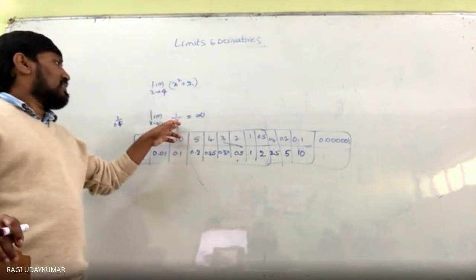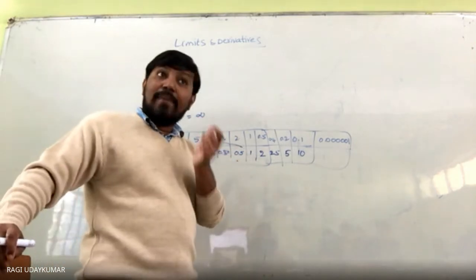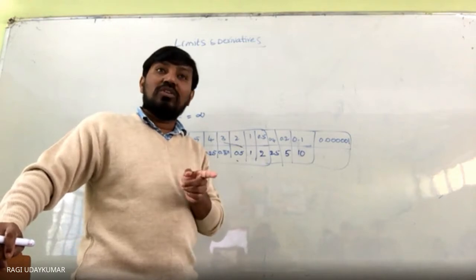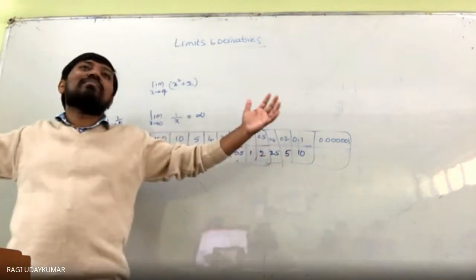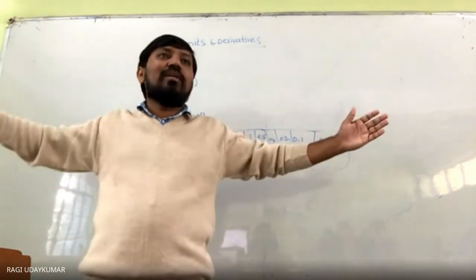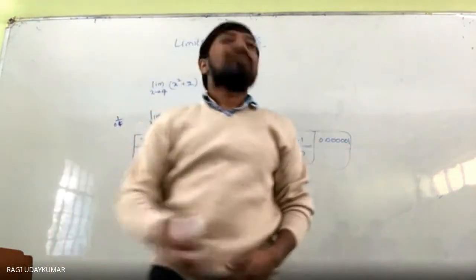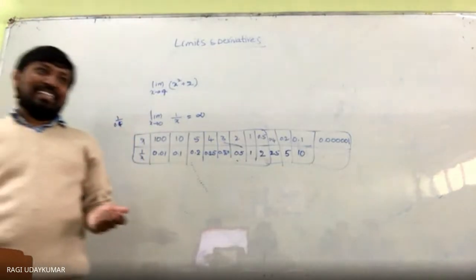Okay, so 1 by x tends to infinity. Infinity is what here? This is not a number. It is one symbol which is used to represent the very big number. We say a very big number, but how big? If you tell small children, some say it is this big, some children say it is this big. Something different. They will use gestures to represent that, isn't it?